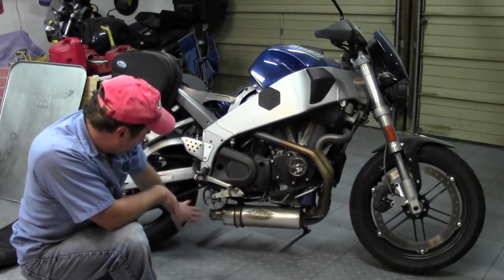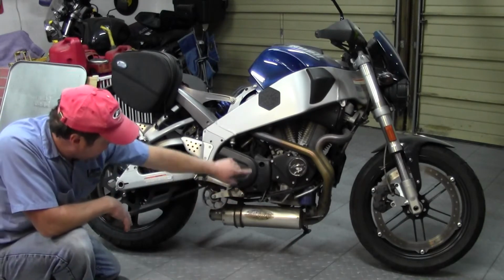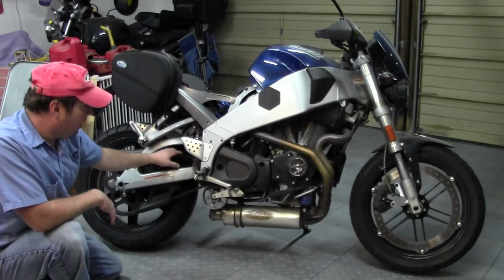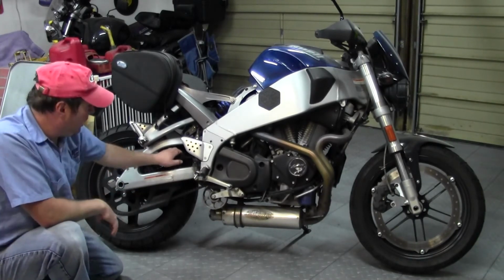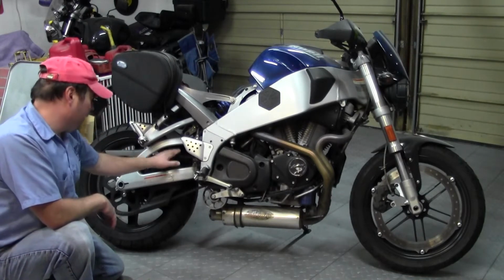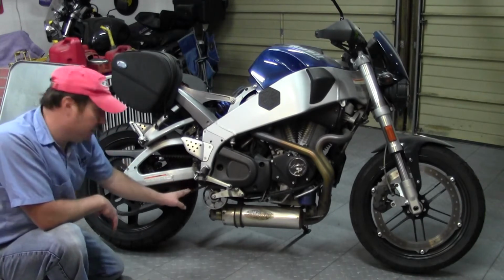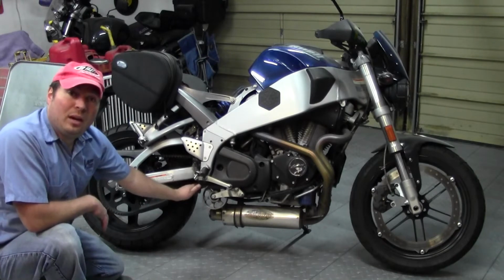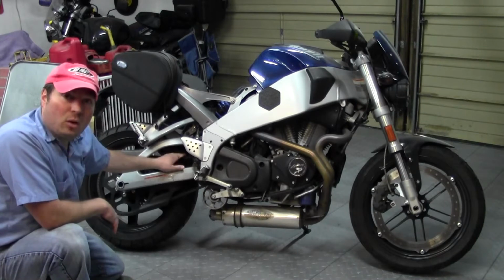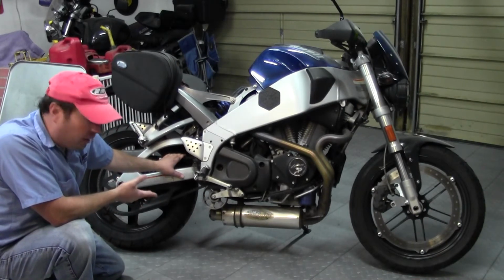But let's move along here. Obviously, you see this big old idler. It's a belt drive. This belt runs over this idler. There's a pulley in here. Belt driven. Nice positive engagement. Eliminates that slacking of the chain with typical chain driven bikes. Very quiet. Very reliable. This is actually the original belt, but I'm probably getting to the time where I want to change this. It hasn't broken. It doesn't show wear anywhere, but it's old, so I may have a video on that when I get around to attempting to